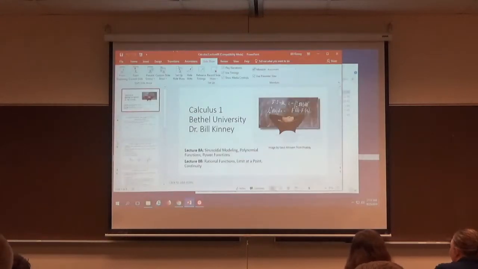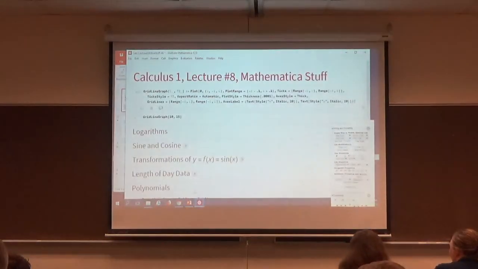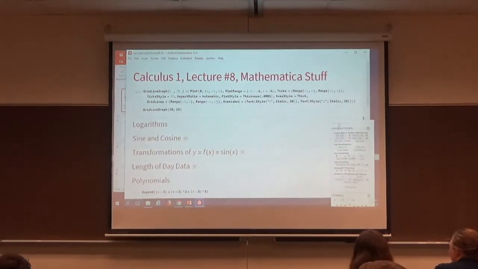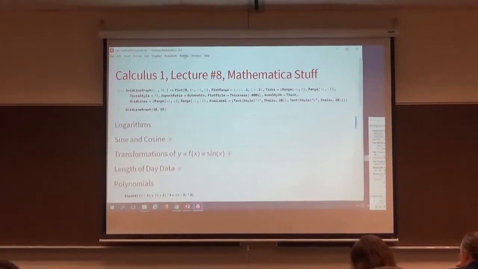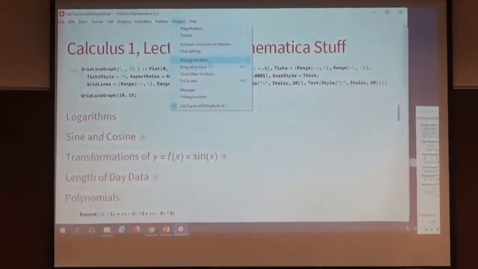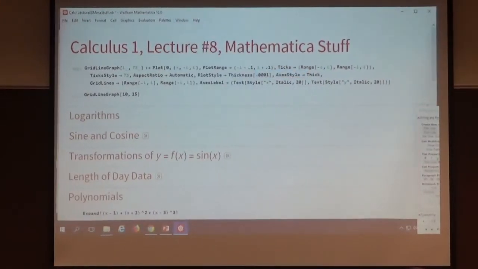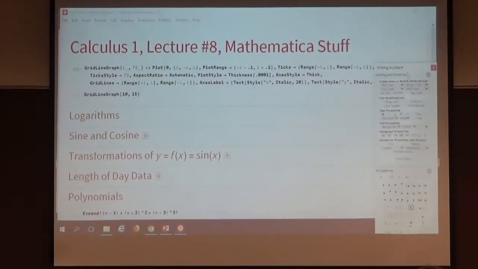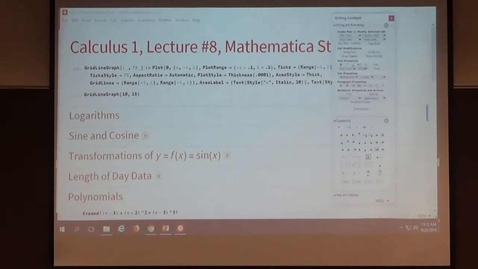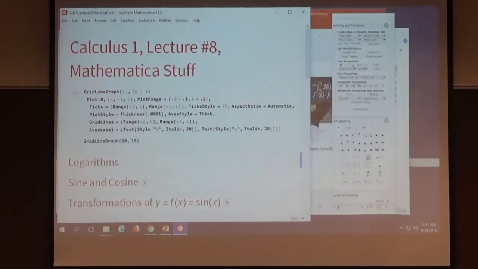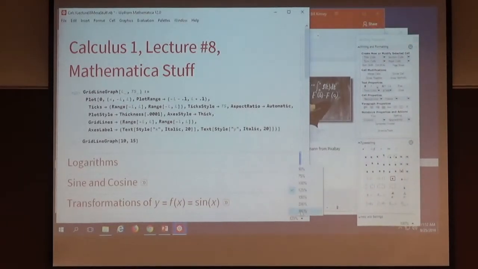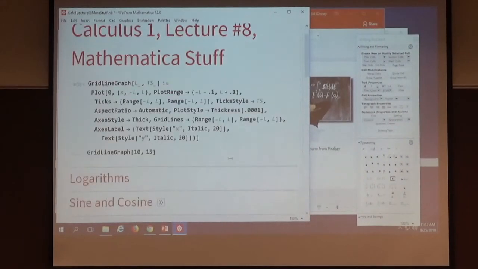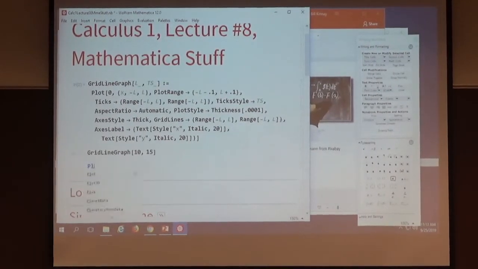So on your graded assignment for next Monday, you'll have to use Manipulate to make a plot as a parameter varies. I like the way this window looks. So for example, if you want to plot, say, the x cubed function,